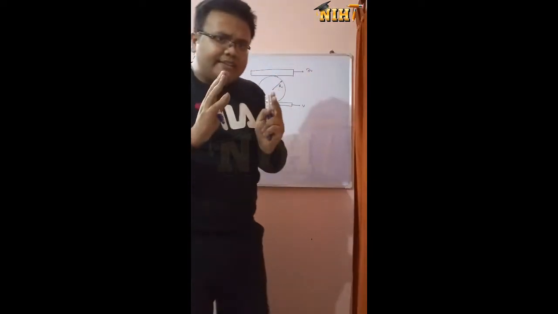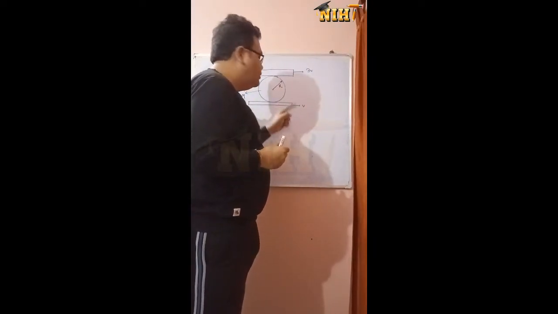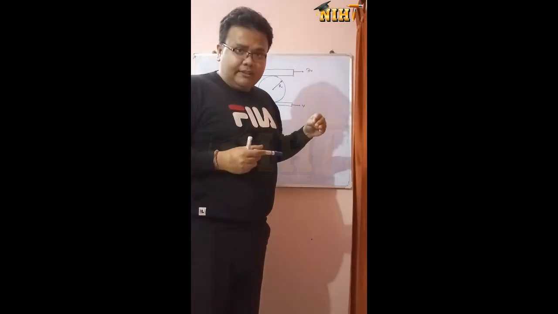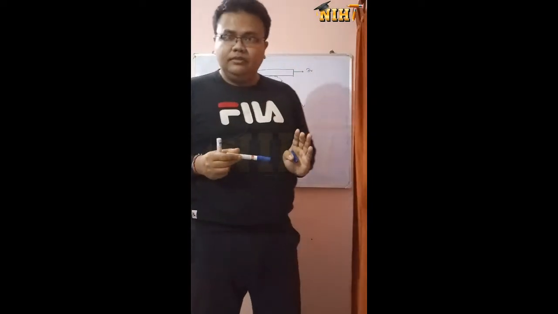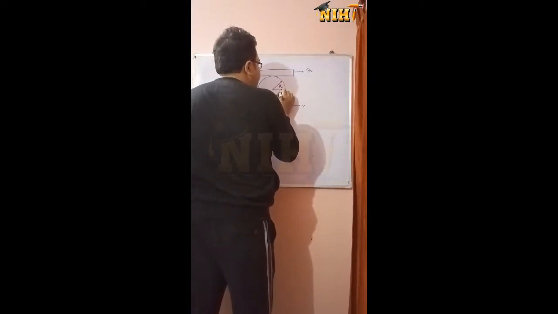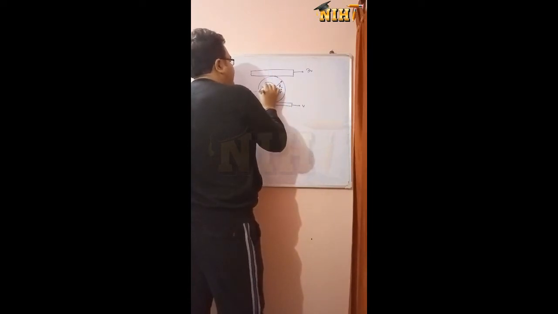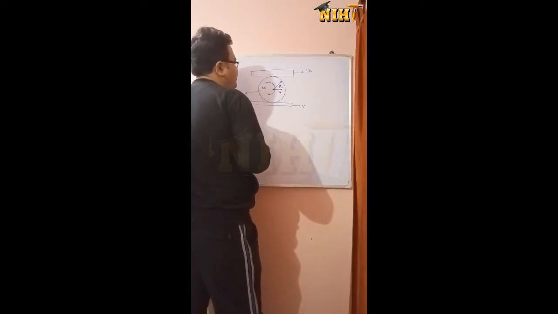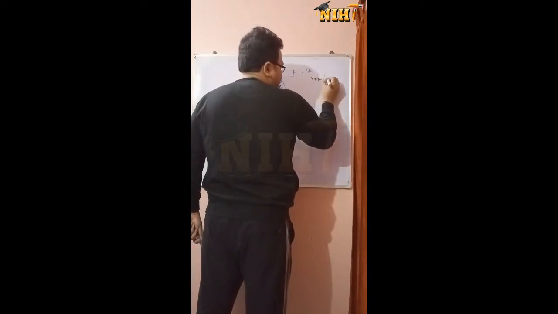Again I am repeating, if rolling motion is happening between these two plates, what will be the angular velocity of this sphere, and what will be the linear velocity of the center of mass of this sphere? That is the question. So if the velocity of the center of mass is v, and suppose omega is the angular velocity of this sphere, now we have to find